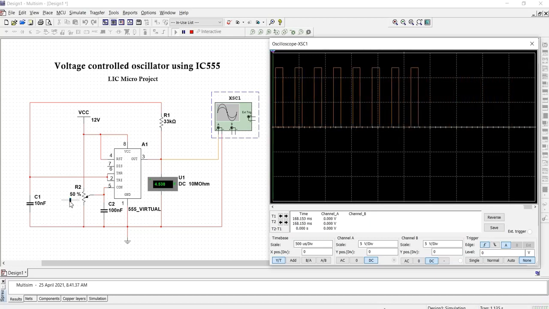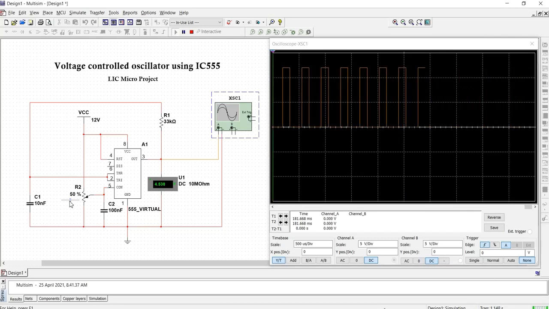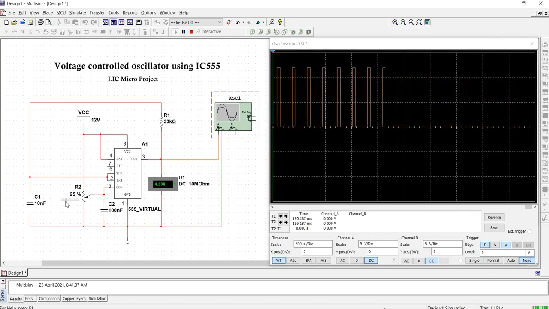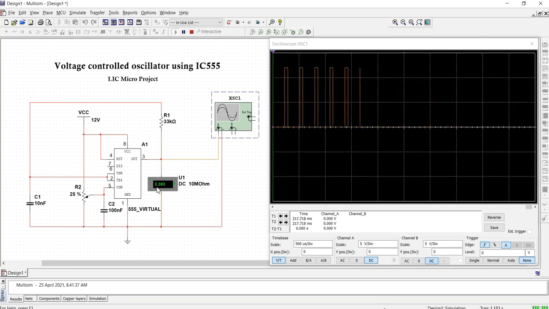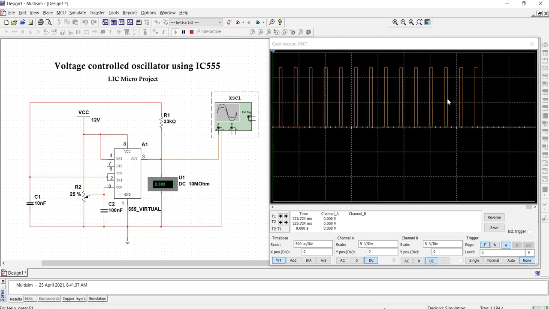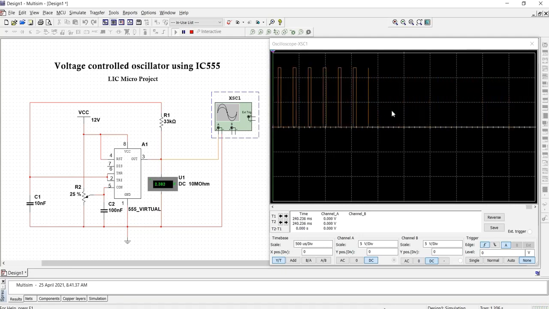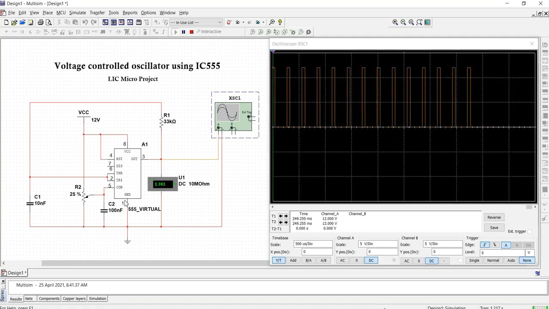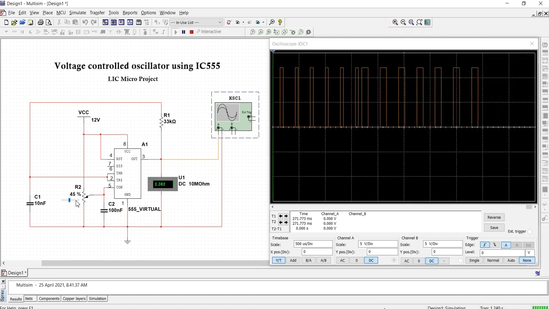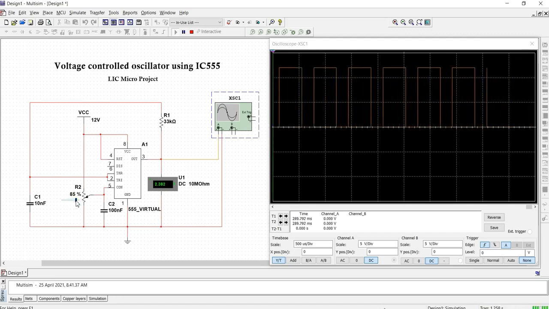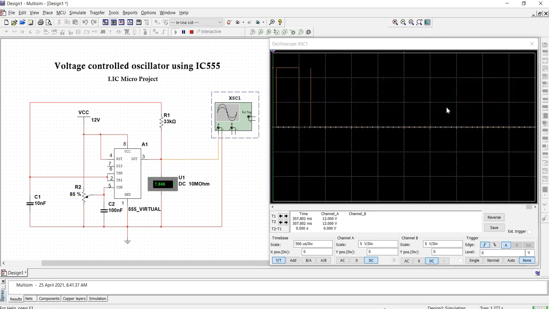Using this potentiometer, we change the input voltage and get different types of square waves. This voltage control oscillator offers a wide range of frequencies. When the voltage is high, the frequency is low, and when the voltage is low, the frequency is high.